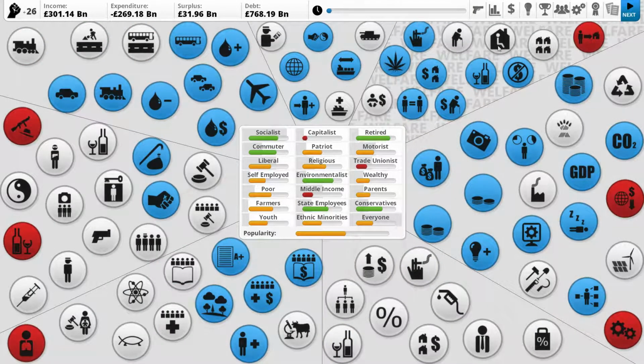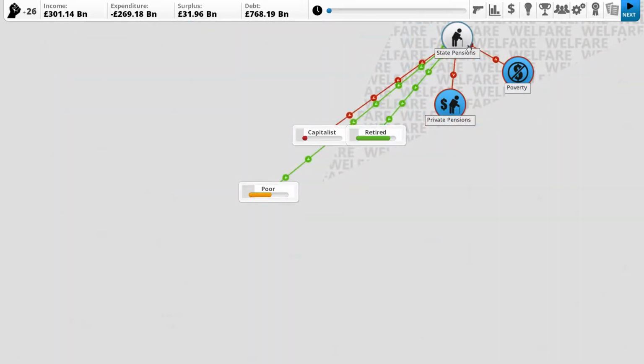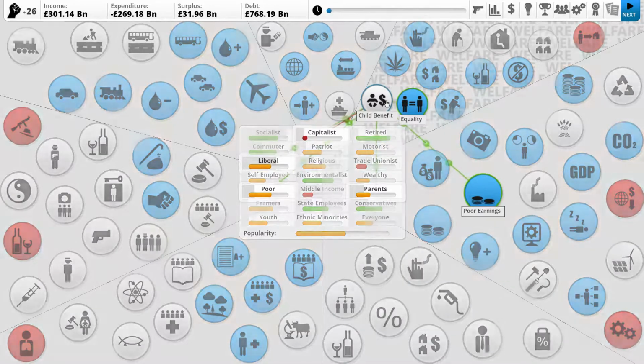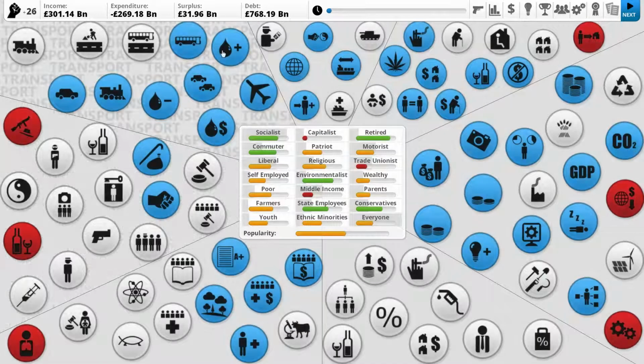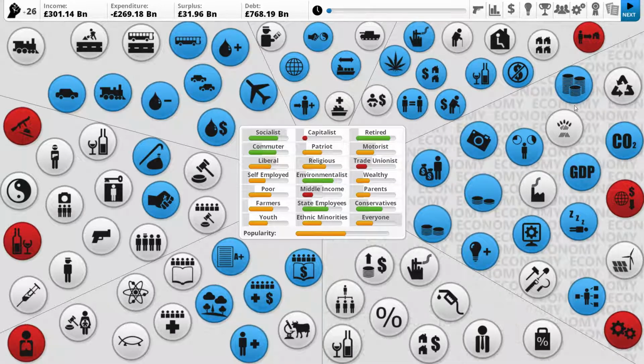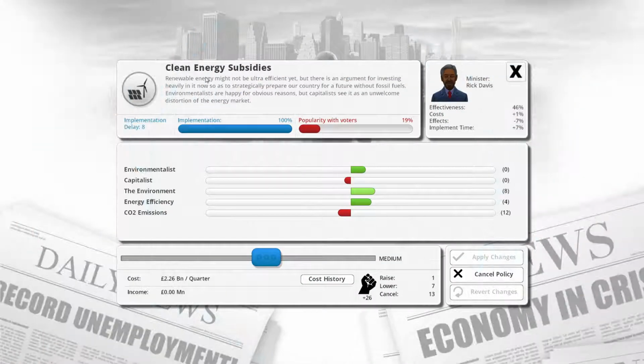Then you have welfare, things to do with pensions, such as how much the elderly get paid by you. This is child benefit. You can see what each thing means if you know the icons on each of the bubbles. Yeah, and then there's economy and tax. Tax is basically your income. Economy has to do with mostly money, but also things that impact industry and pollution significantly, such as clean energy